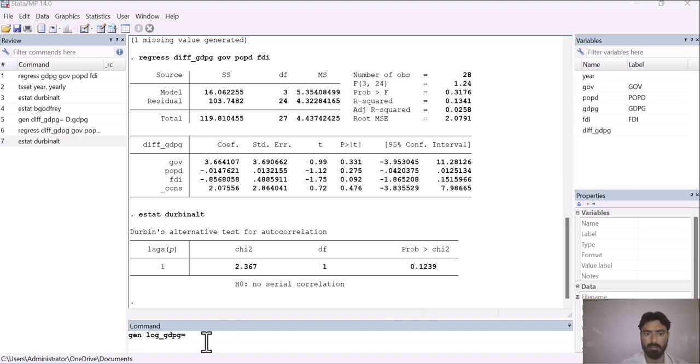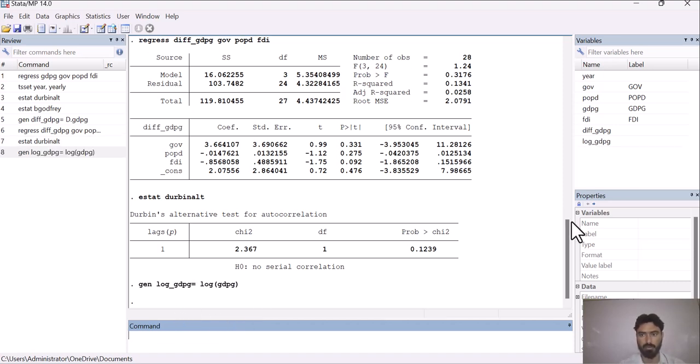As our dependent variable is GDPG, we write GDPG here, then press enter. As you can see, it has created the log variable for us.